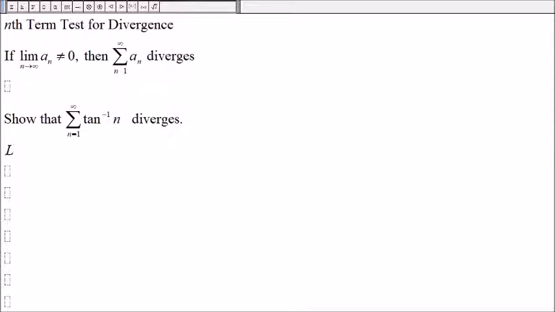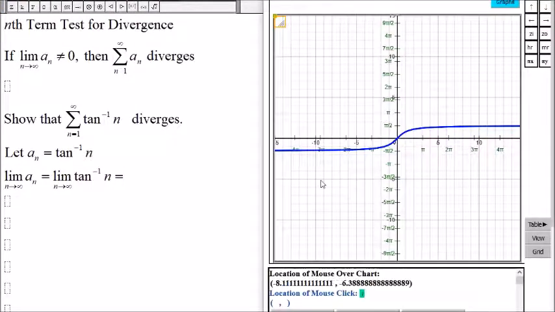And so we let a sub n be tangent inverse of n, and we want the limit of a sub n. So we want to find the limit of tangent inverse of n,